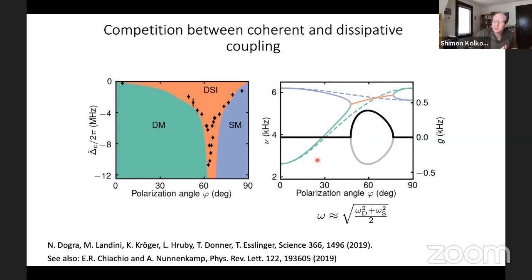Okay, and we have a few questions from the panel. Monika Schleier-Smith asks, for your measurements of the spin and density modes in the cavity, the measurement